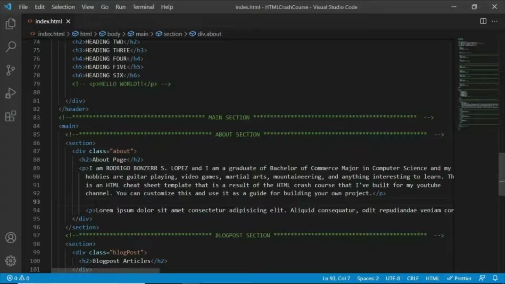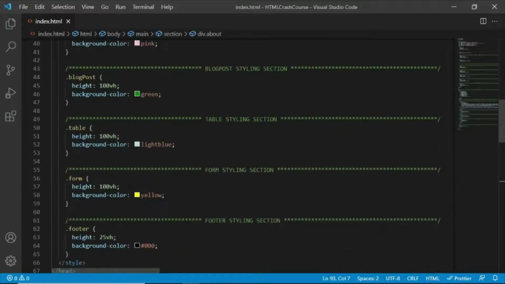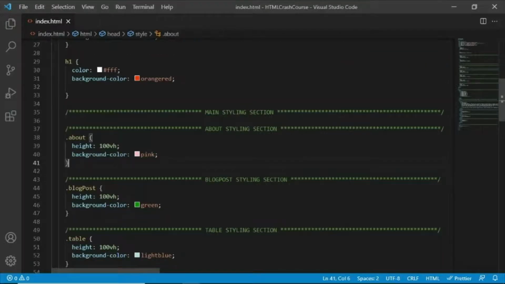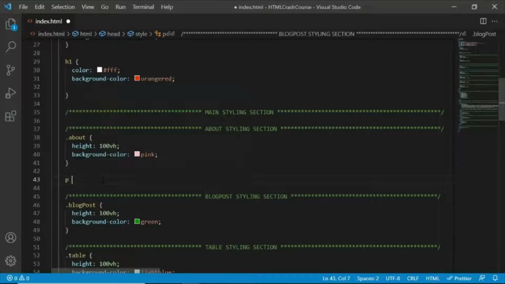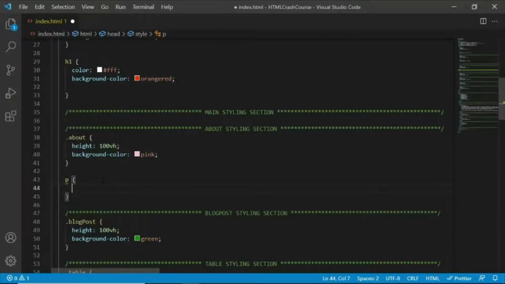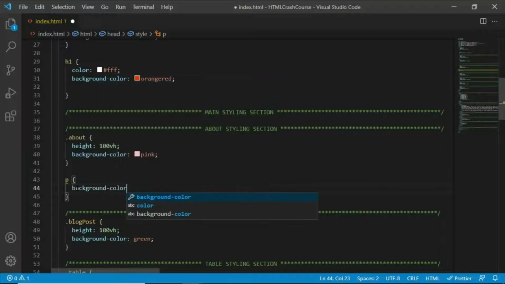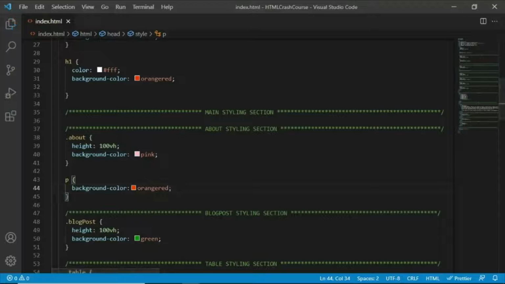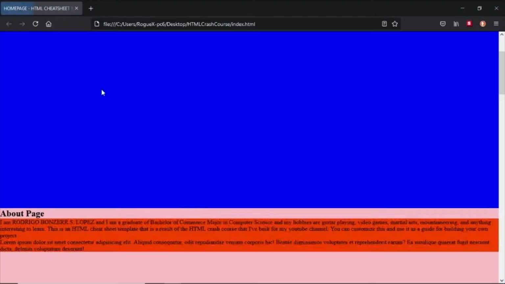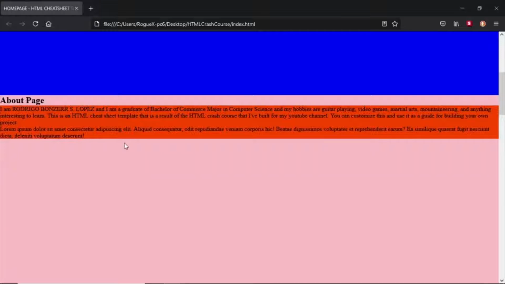And if we try to target the two paragraph elements here, guys, we can just use the element name. So I'll go to the about styling section here, and both paragraph elements will be targeted by just using one element name, which is the letter P. So I'm going to change the background color just for us to see what will happen, guys. And if I go back here, now that we have a background color,